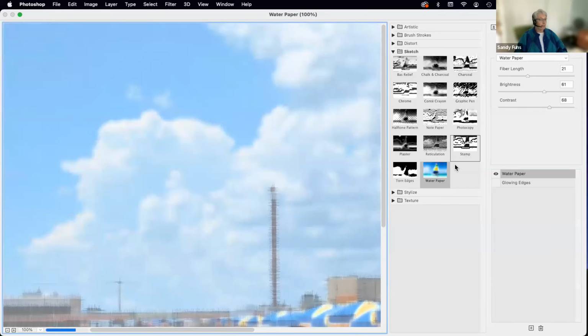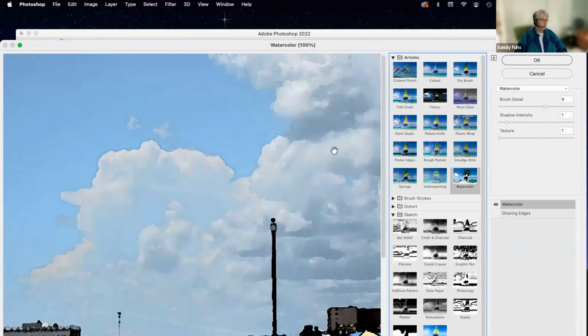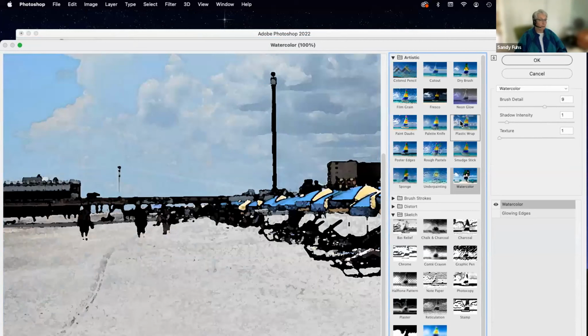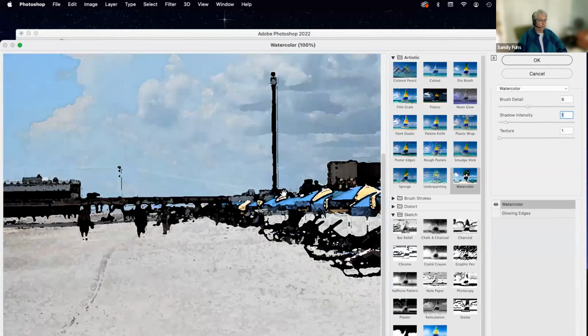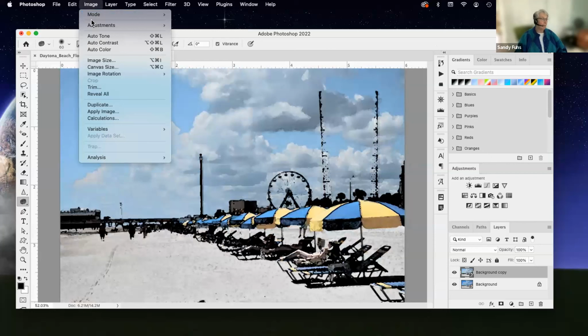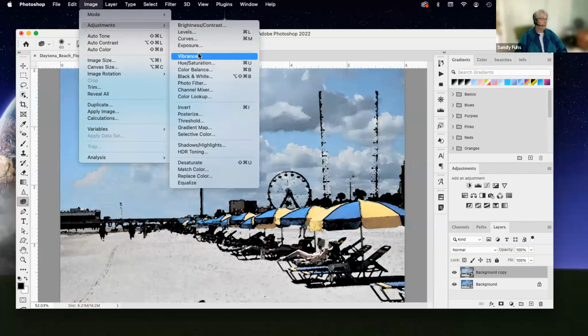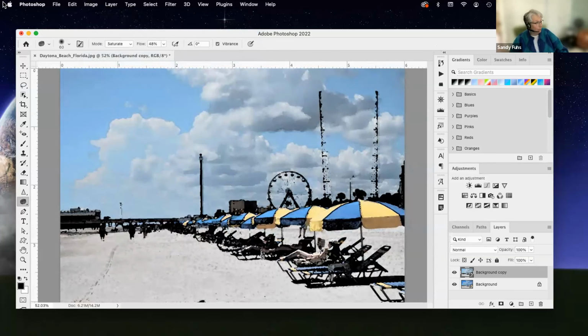filter gallery and try doing a watercolor. It's still giving me a dark, because I want to get rid of some of that. So once I get here, maybe that's when I come back into adjustments and adjust the shadows, and try to get rid of some of those shadows. Oof. Cannot do it. So I've never actually liked